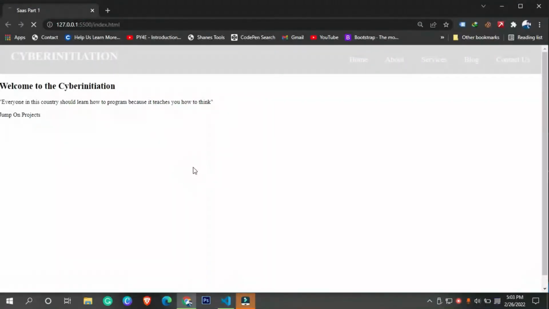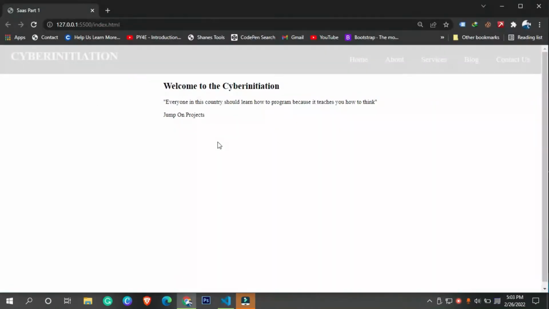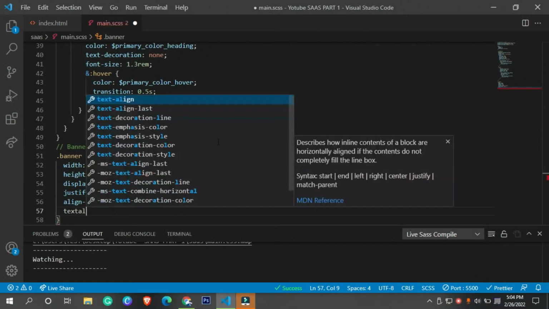Now let's call this display flex. After that we need justify content center, and once I call this justify content center, it will take it to the center, and then align items center will take it to the middle, and after that text align will take it to the center.